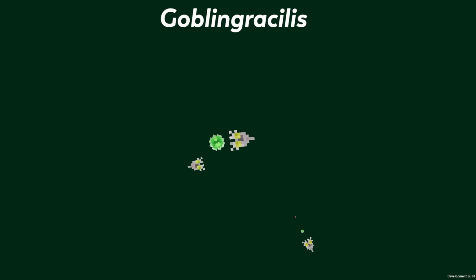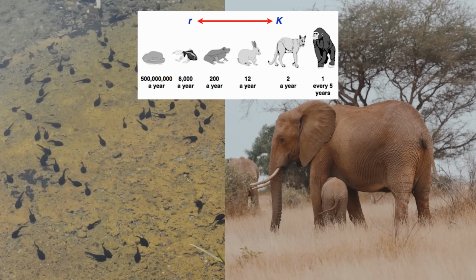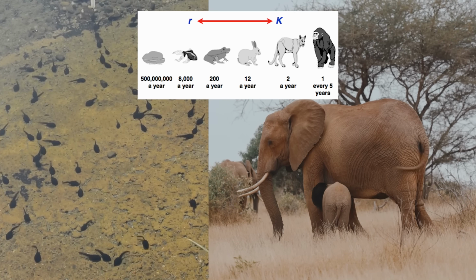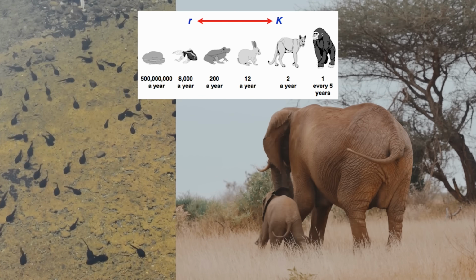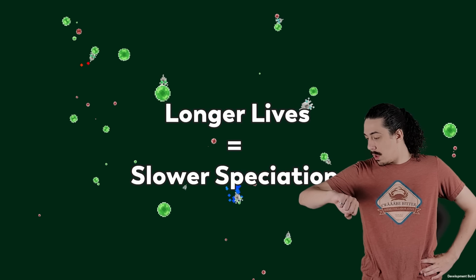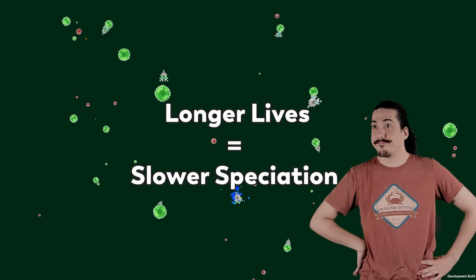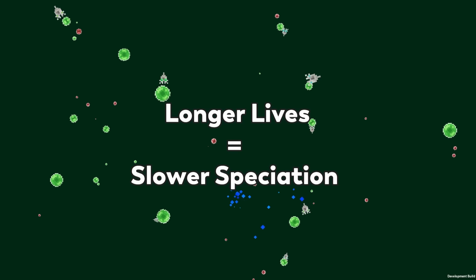Another funny adaptation is that when carrying eggs, they'll start wanting to avoid the others more strongly and will tend to lay eggs in isolation, increasing their chance of survival. This fits within the general trend we've been seeing toward case selection and investing more energy into their offspring. This also has the impact of making speciation a lot slower, so starting now, we'll probably have to zoom further across the timeline to find interesting things.